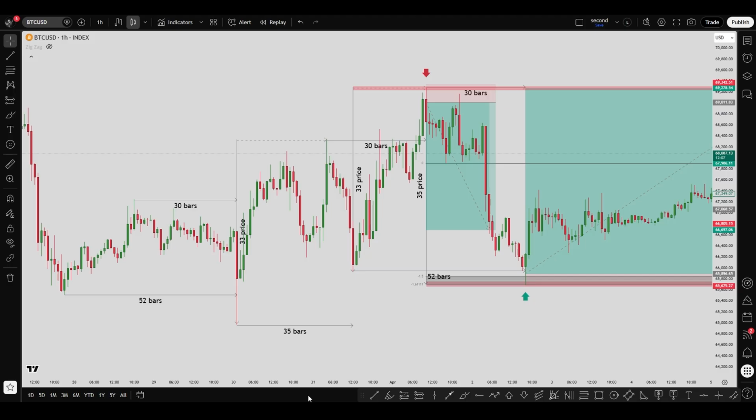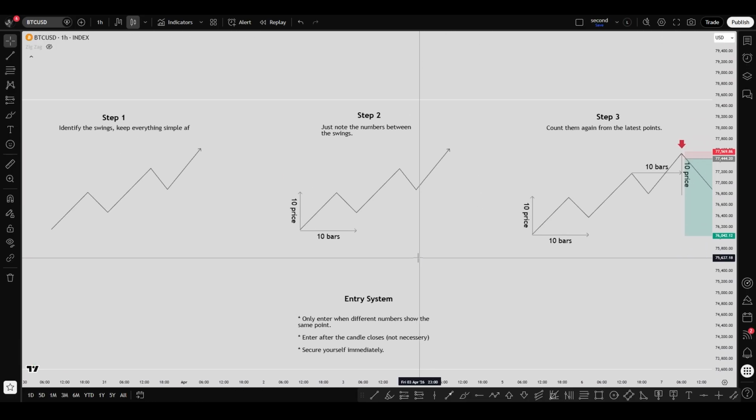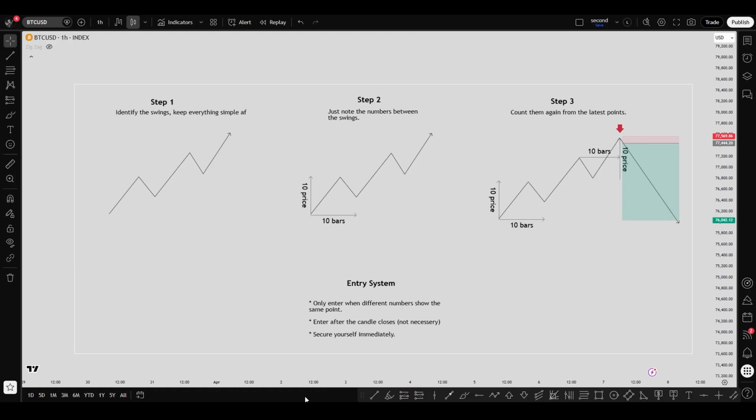So how this works is the historical numbers and distances between the highs and lows will repeat into the future. When you see a number in the historical structure, it will repeat into the future. And using that simple idea, we are able to predict the future highs and lows. Let me give you an example. I have also set up step-by-step clear instructions for you to follow so you don't make any mistakes